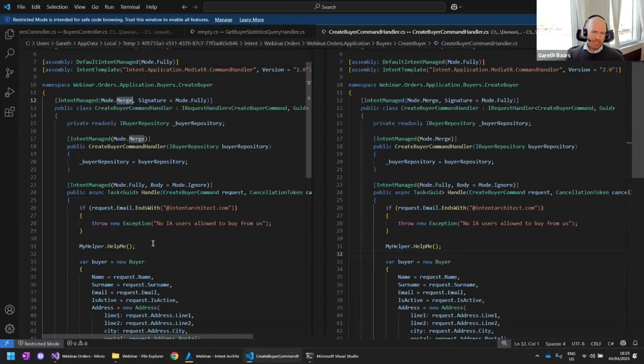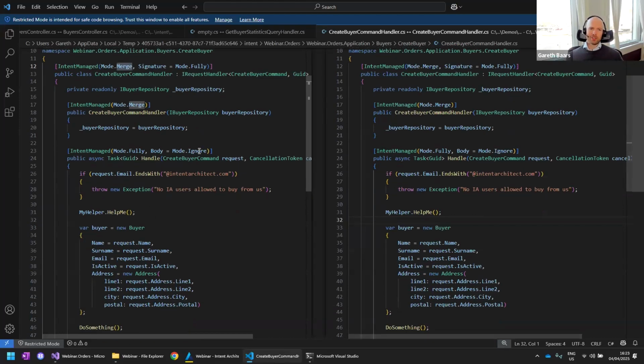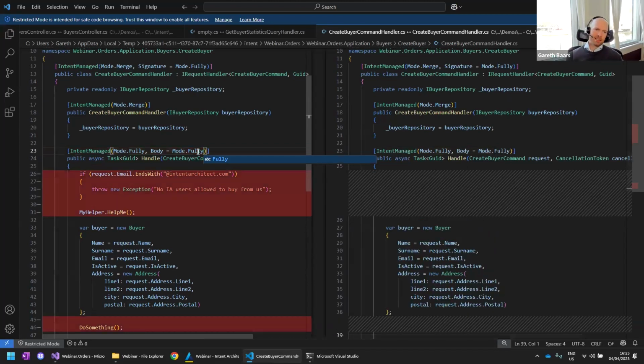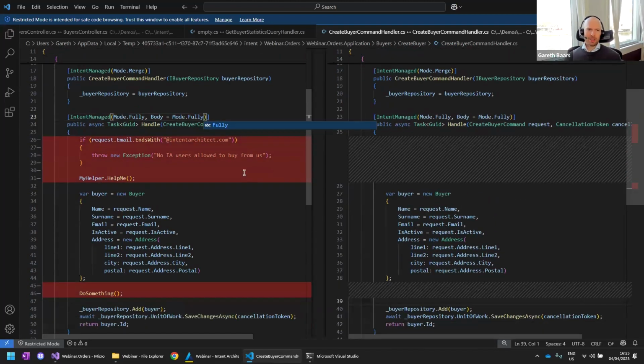And one thing I could just mention here is that the code management systems are incredibly simple. They are super, super simple, right? Because there are only 3 instructions that we can apply to any piece of code within the system. And you guys have already seen them, right? So the first instruction is fully. And what that tells Intent Architect is that Intent Architect is allowed to add code, it's allowed to update code, and it's allowed to delete any code that's not part of the original pattern, right? As you can see here, that's exactly what it's doing.